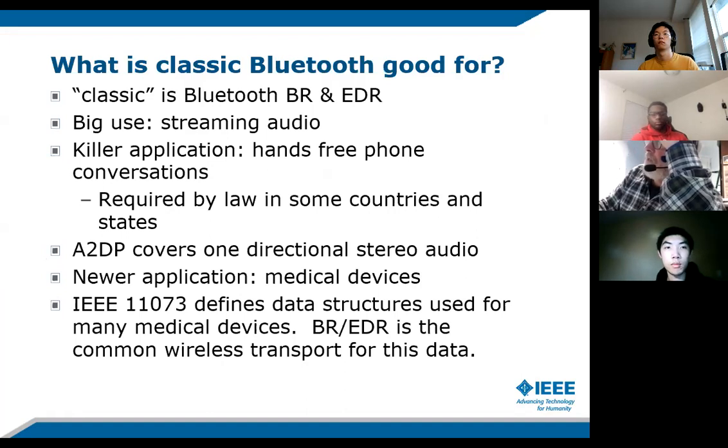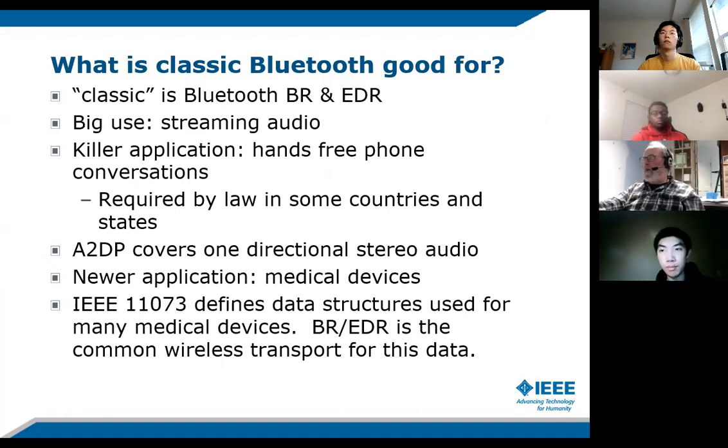What can we use it for? Well, let's see. In classic Bluetooth, basic rate and standard data rate, streaming audio is the biggie, and I use it all the time. My phone is connected to my headset and to my speakers and to my car. So I can sit in my car, turn on my audio app on my phone, and jam, cruising around town. And if somebody calls me, the phone flips over to hands-free protocol so I can talk to whoever's calling me. And as soon as the call is over, it flips back to listening to tunes.